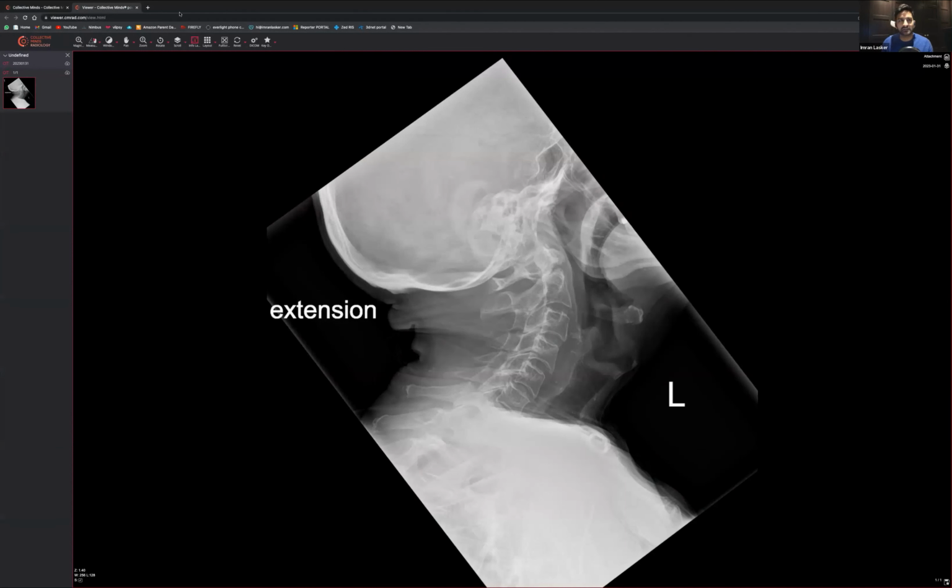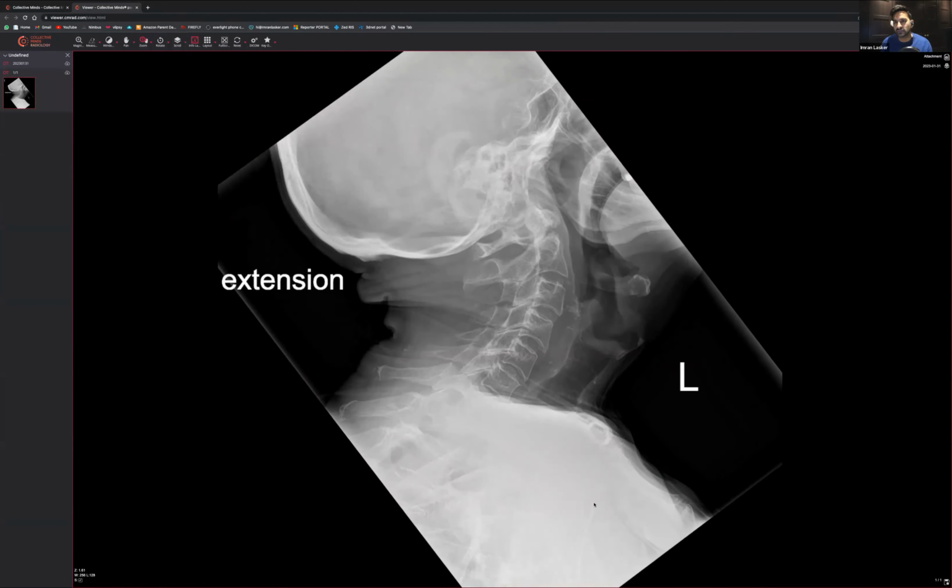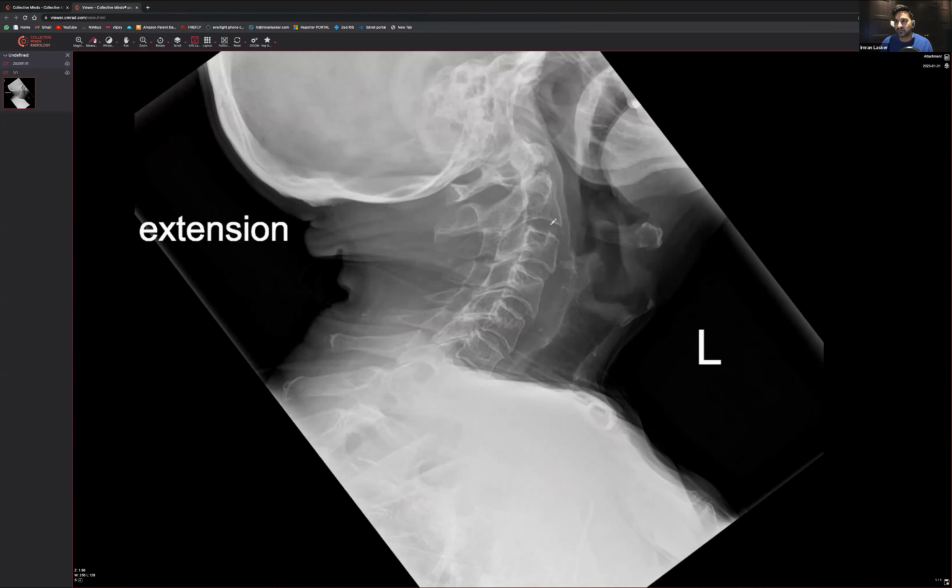So the way to do this is to have a real good look, and you zoom in. Okay, so you kind of go along like this and make sure that everything's nicely in line. So that's good. Nothing looks like it's out of place. You want to see if there's any soft tissue swelling. So it should be very, very thin around this area, and about 1, 2, 3, 4 around the area should start getting a bit thicker. That's kind of fairly normal. I always look at the facet joints and make sure they're all nicely aligned. That's another thing to make sure. We've also got to make sure we can see how many vertebrae we can see. So we can see 1, 2, 3, 4, 5. Can't see 6 or 7.